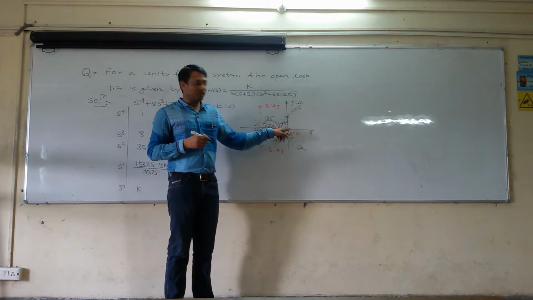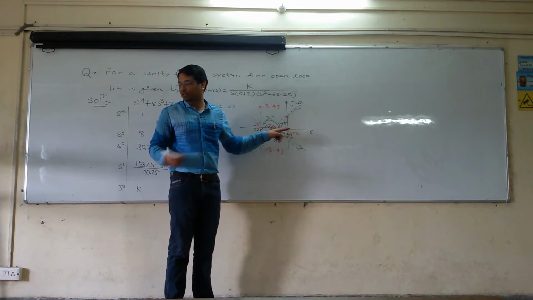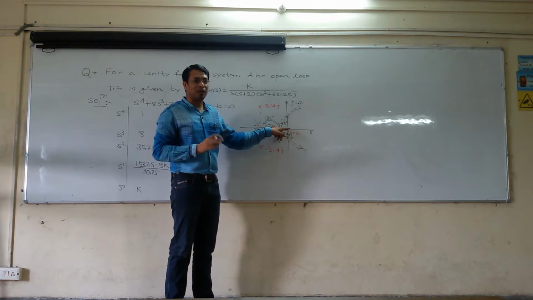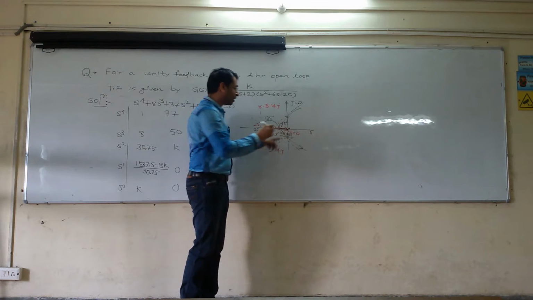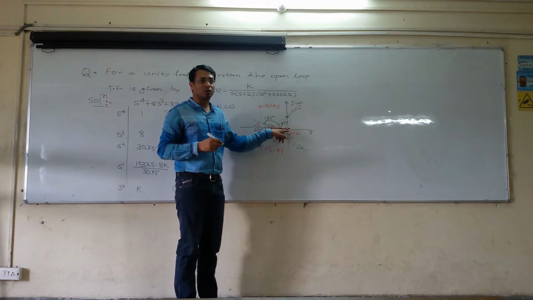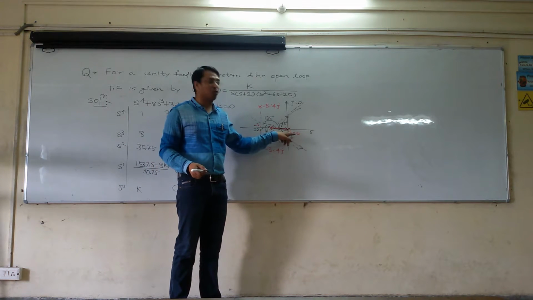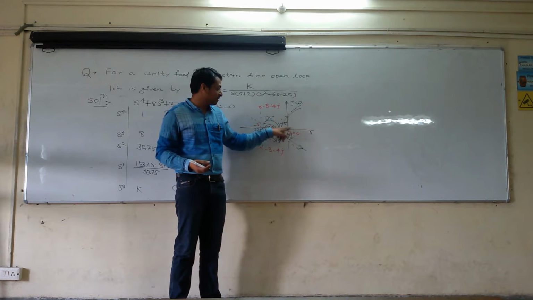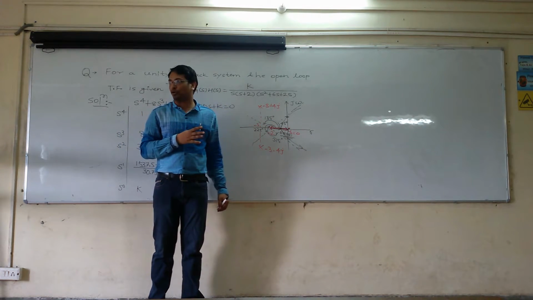It is very important because at this point your root locus starts from s equal to 0. That's why we are getting k like this. So it is also an intersection point, if you have to say. But we are interested in these intersection points rather than this. If you put k equal to 0, s equal to 0 is also an intersection. This is also a valid intersection point. So we are interested in some other value rather than 0.